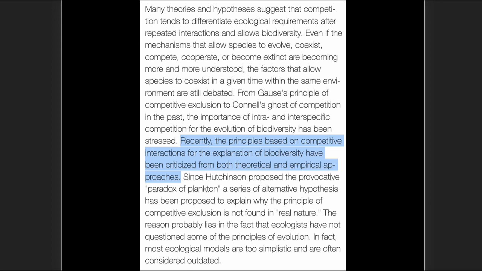and empirical approaches. Continuing, since Hutchinson proposed the provocative paradox of plankton, a series of alternative hypotheses has been proposed to explain why the principle of competitive exclusion is not found in real nature. The reason probably lies in the fact that ecologists have not questioned some of the principles of evolution. Indeed,